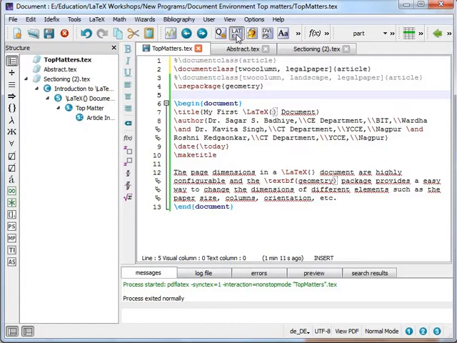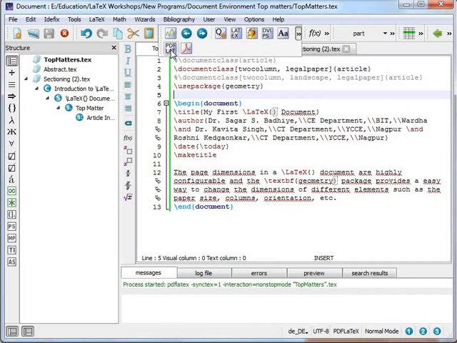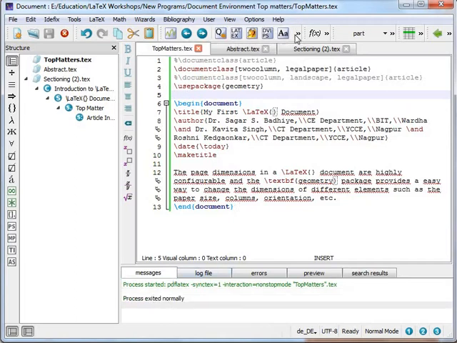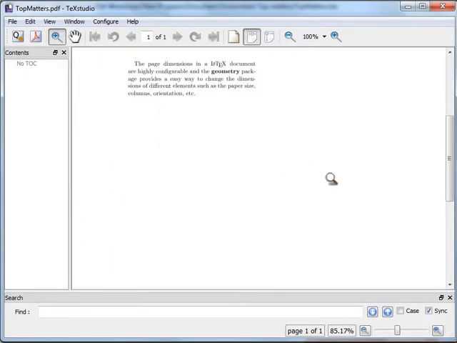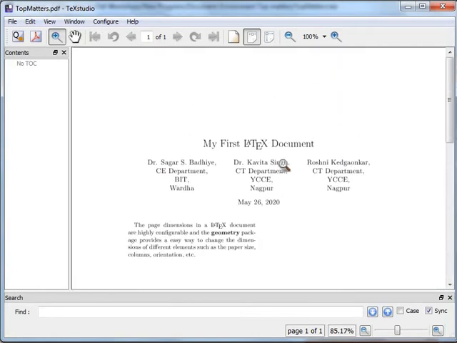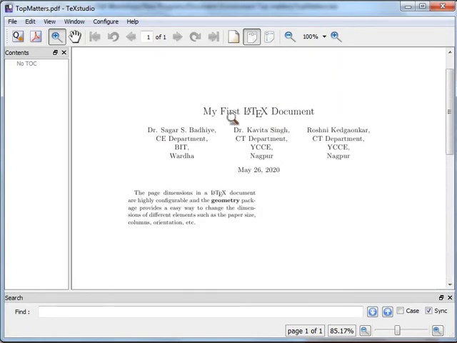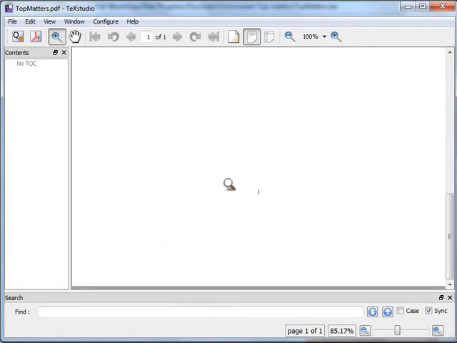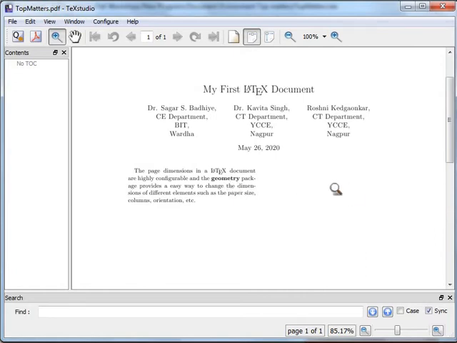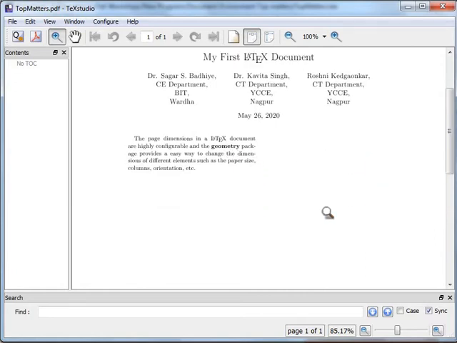So when I compile it, the process again exited normally. When I convert it to PDF, again the process completed normally. But now you can see in the output that the page size will not be visible over here, but when you print, you will see that this is a legal page. And now you can see the proof that the text is appearing in two columns. When you add multiple lines of text more than the length of the page, it will appear in the second column of the document.